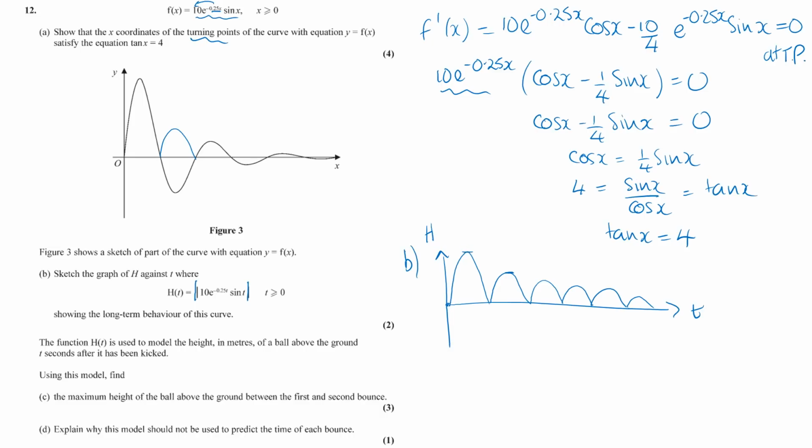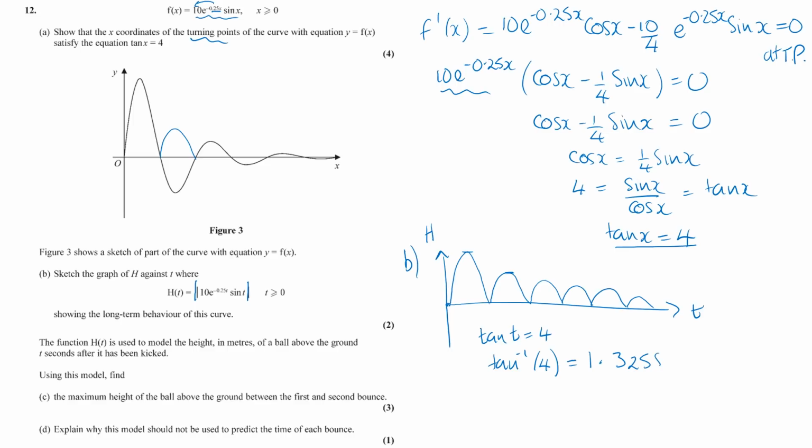Now the maximum points of this graph satisfy this equation where tan x is equal to 4, so that's going to be tan t is equal to 4. So if we say this is going to be tan to the minus 1 of 4, that will give us when all these maximums are going to happen. So inverse tan of 4, now you must be in radians, is going to equal